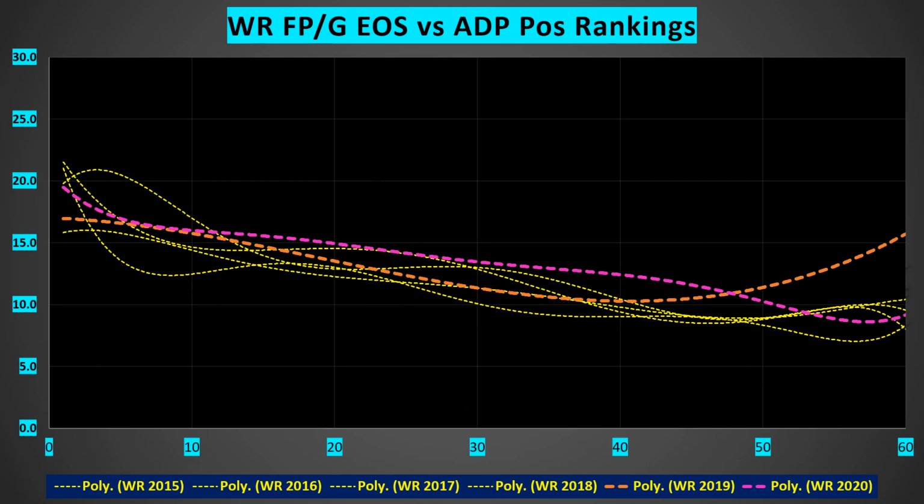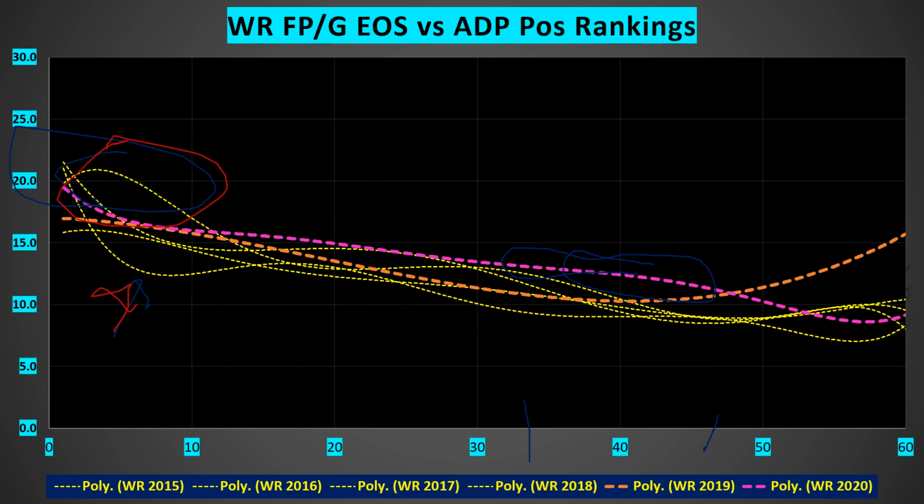Here is the end of season versus the preseason rankings, and I did purple and orange are 19 and 20. Here's the yellow here. And you see that in 2020, there were some good sectors. 2020 had this region here that was really better than the last 5 years. That's kind of interesting. But some years have been really better here, this region here.